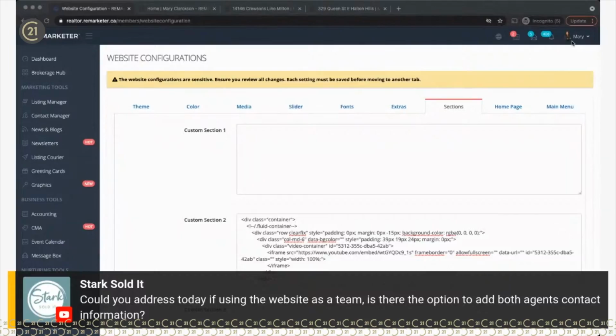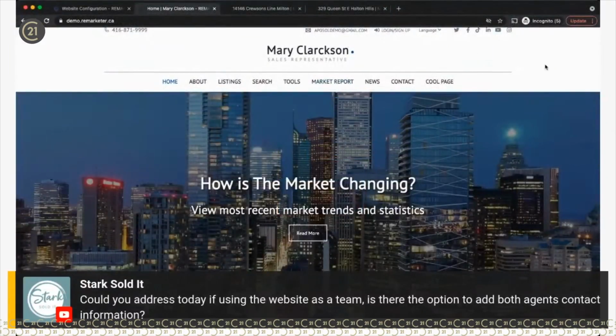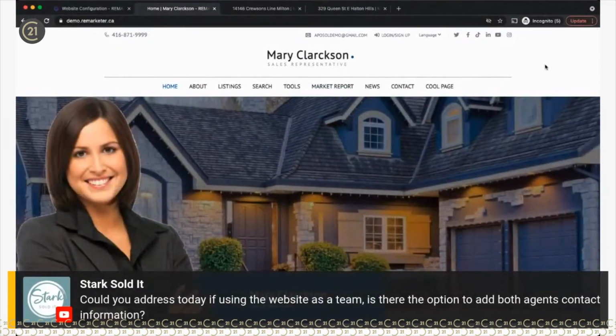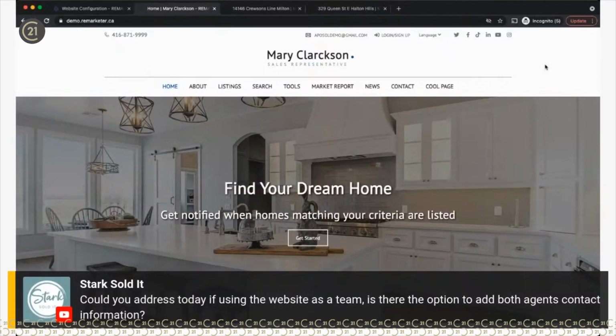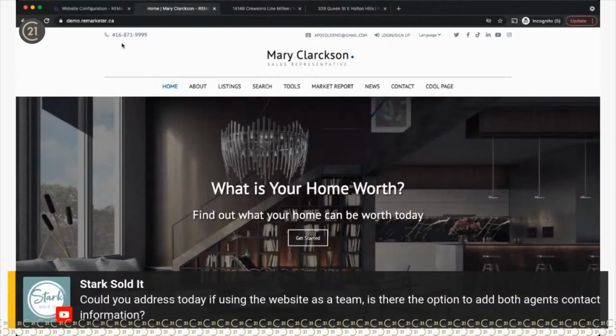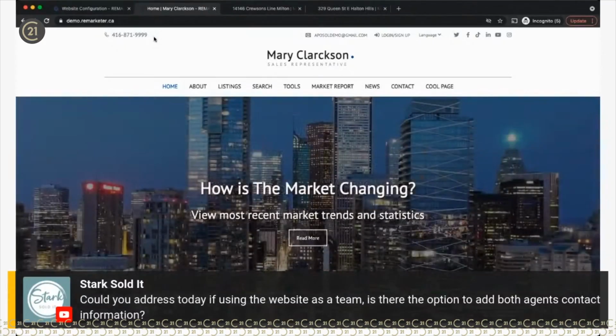But anyways, the account is created for the team, and the team has got its own entity usually, and that means that the team has got its own phone number, its own email address, its own website address. So it's its own entity, and those are the stuff that we want to promote around the website. But usually when it comes to a tag team, for example, if you have 2 agents using the website, you're not going to go as far as creating a team entity, and you want to be able to individually promote both agents right there. And you would need to add, for example, another